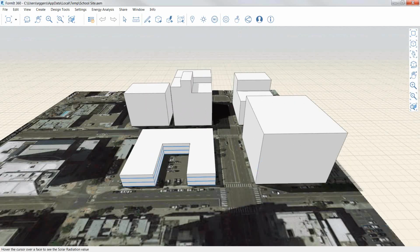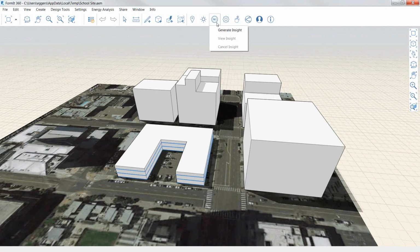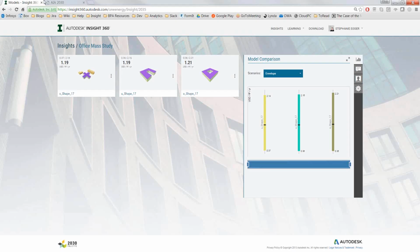Now, once I press Generate Insight, that's going to submit this geometry to Insight 360. And from there, we'll start to play around and see the results. So Insight 360, when you're done, this model will just take a minute or so to run. And then you can press View Insight, and that will take you to this interface. You can also just log in directly to insight360.autodesk.com. Now, I submitted a few batches ahead of time because I wanted to show you some of the flexibility and the capabilities. So let's start with this one batch